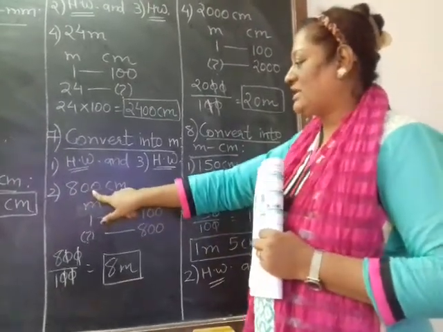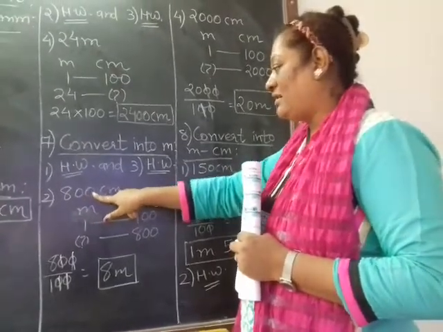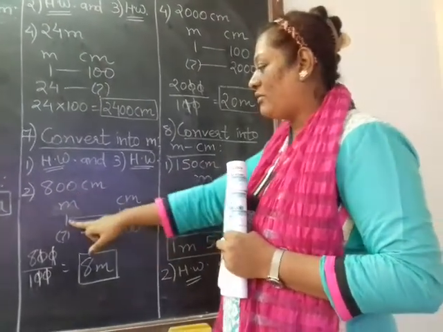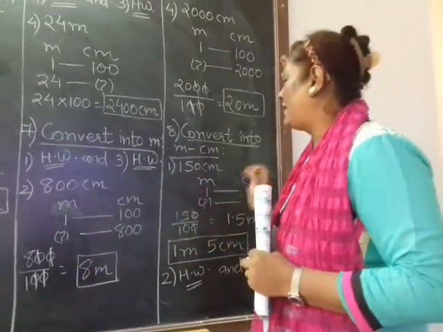Okay, the number which is given before the unit, this is centimeter. So I have written 8 and 100 into centimeter only. I cannot write into meter. Just please have a look at that.